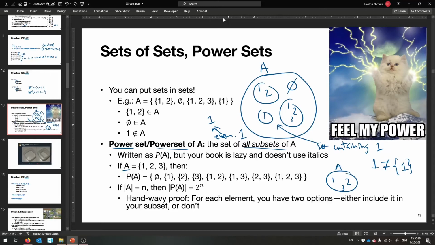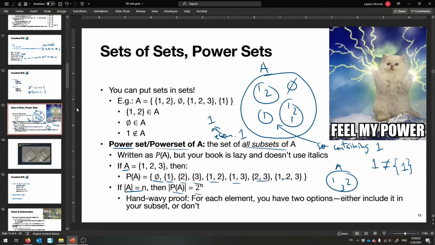So you have 8 different subsets of the set A, and that's actually a pattern, because if you have a set that contains n elements, the power set must contain 2 to the n elements. And this will make a whole lot more sense once we talk about counting later in this class. But my hand-wavy proof for you right now is, okay, if you're trying to